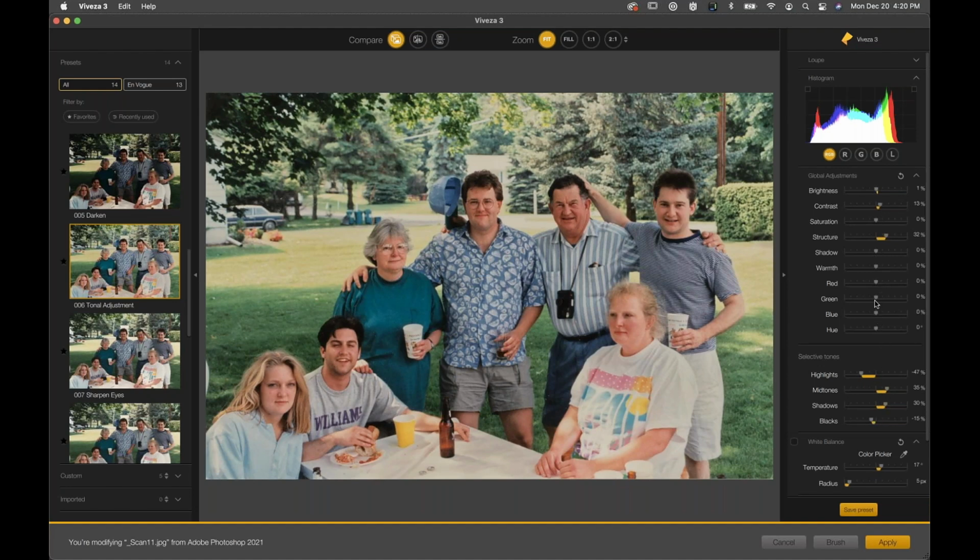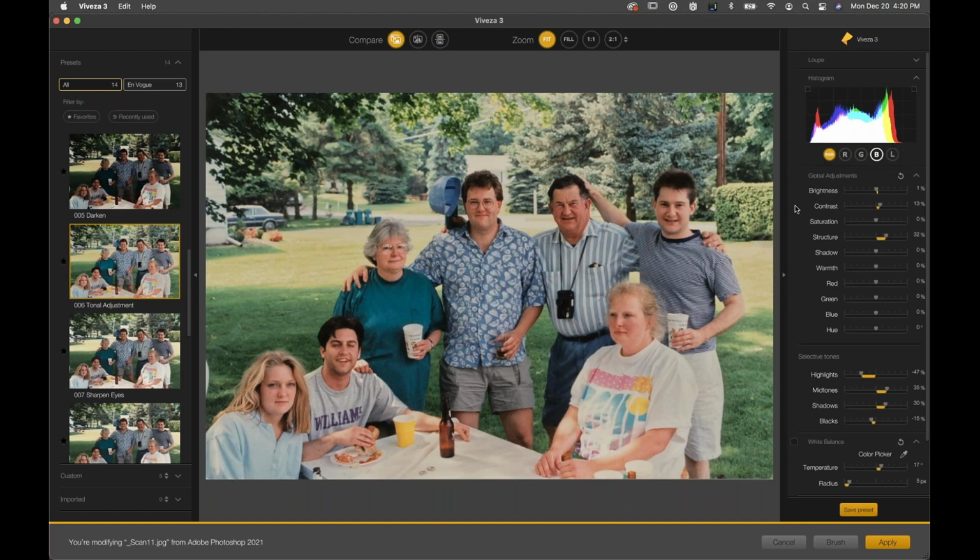And I want to do this on this photograph with that tonal adjustment preset because it does a nice job to kind of get some of the highlight details back and bring a little bit of texture back into the image. Now, the presets aren't necessarily going to be perfect right off the bat, because they're preset and every image is different, but they are a great starting point. And here I think it works nicely. I do need to adjust the contrast a little bit, but let's talk about what's happening with that tonal adjustment